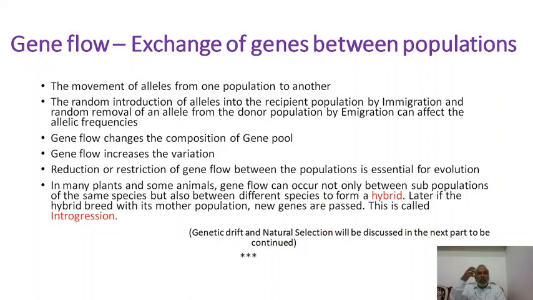The new alleles are added to the recipient population, and the very important alleles are lost by the donor population. Because of this loss, a change may happen in the allelic frequency. Or because of gaining a new allele, which is called fixation, the allelic frequency of the recipient population may change. Or else, if gene flow doesn't occur,